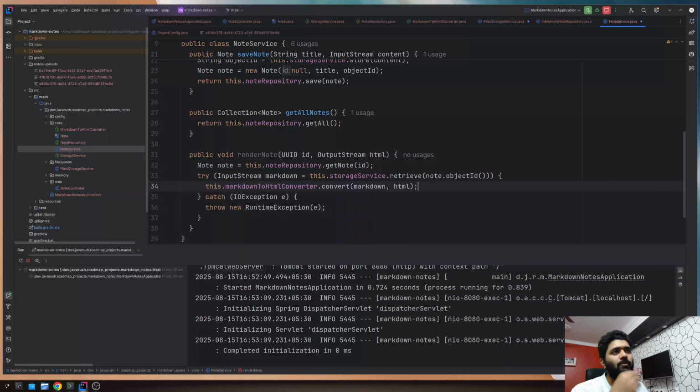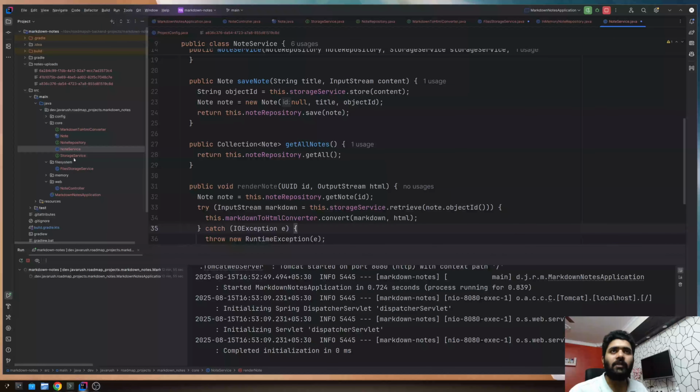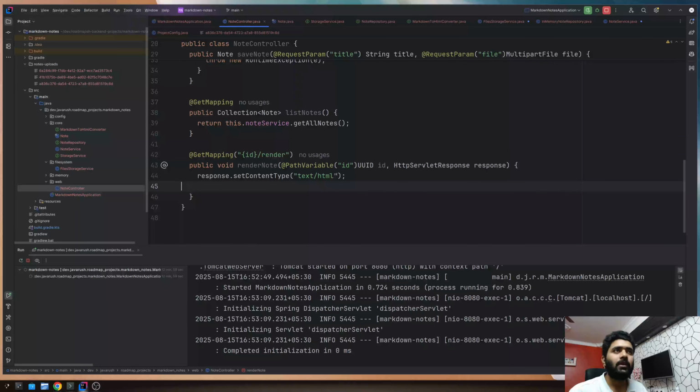Now it is the responsibility of the converter to convert it however that converter wants. Right now we have the implementation of the converter which does nothing. It just copies from markdown to HTML, and that is fine for now. If I go to node controller, here I need